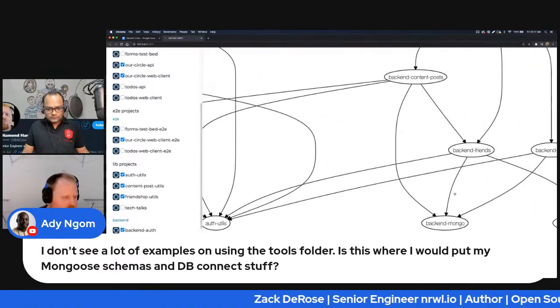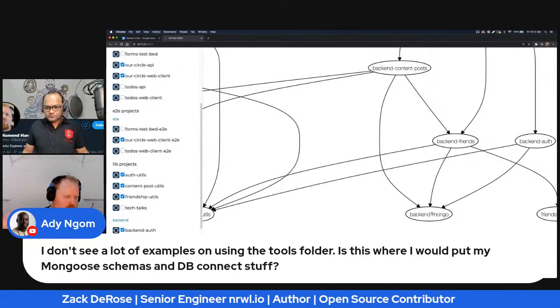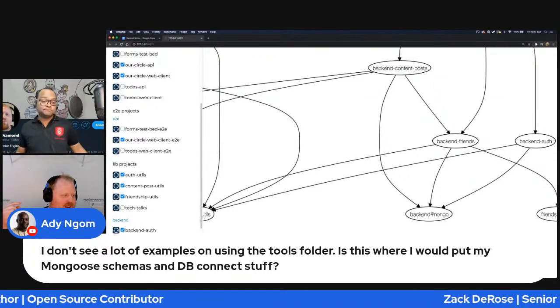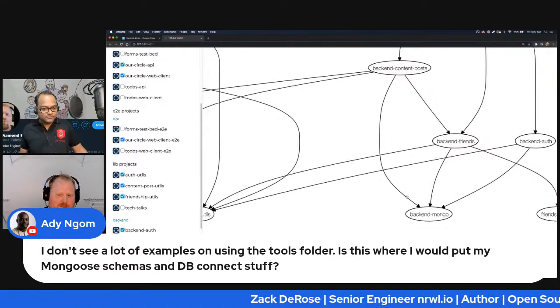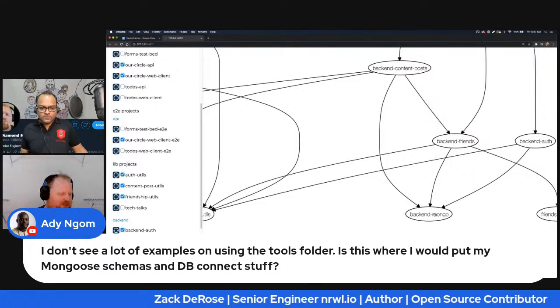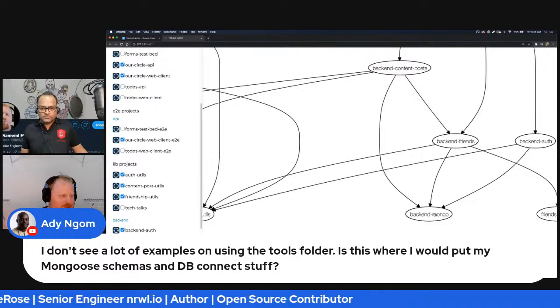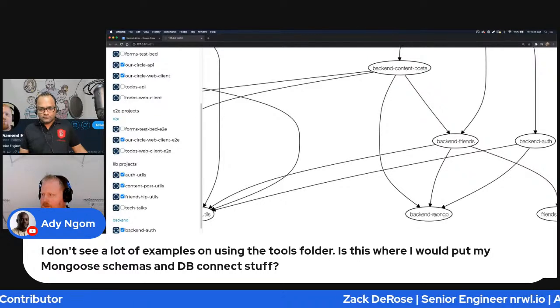Towards the bottom of my thing, I have here a backend Mongo lib. And the idea here, I always had in the back of my mind, maybe at some point I'll want to switch to Postgres. So the idea was always to make this a lib that at any point in time I could switch out for a Postgres connector instead of a Mongo connector and still get pretty much everything out of it. So if that's what you're looking to do, I think that's a great way of approaching it.